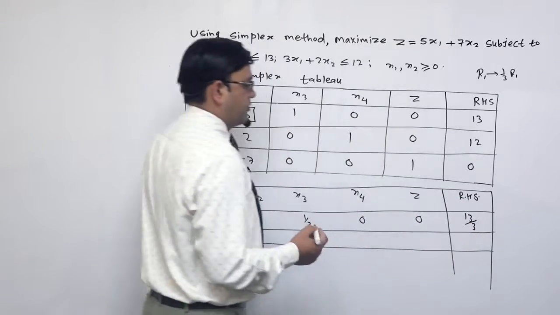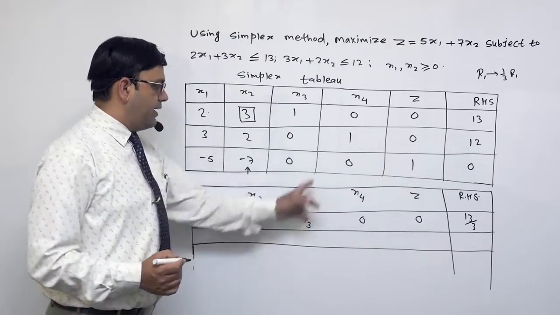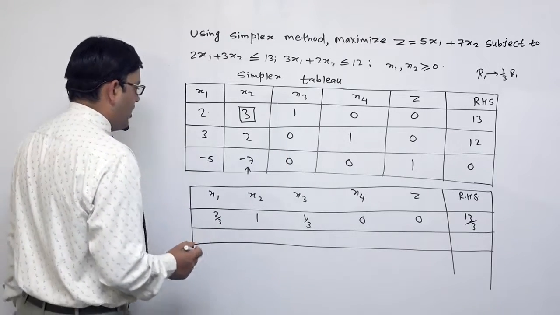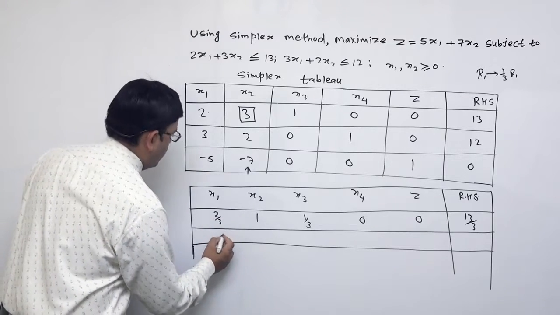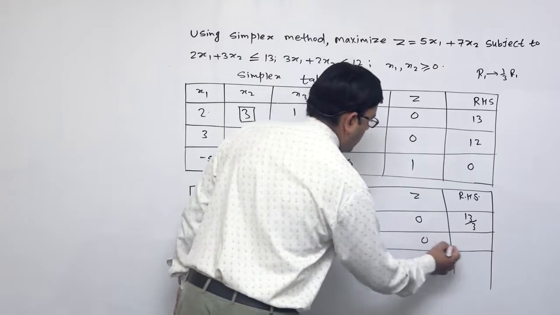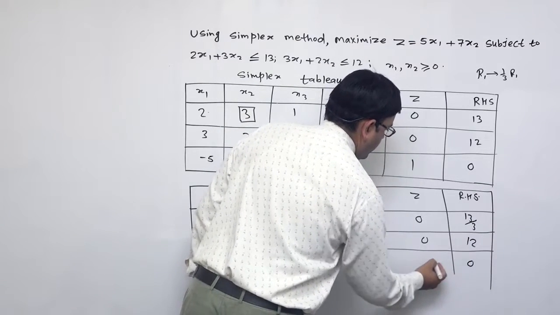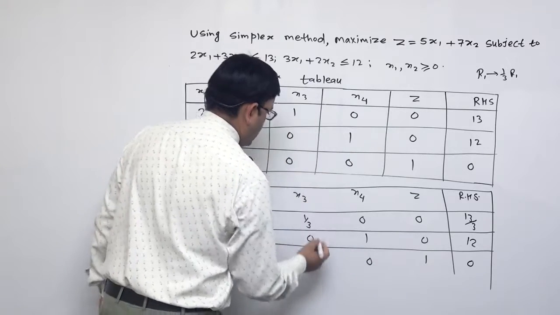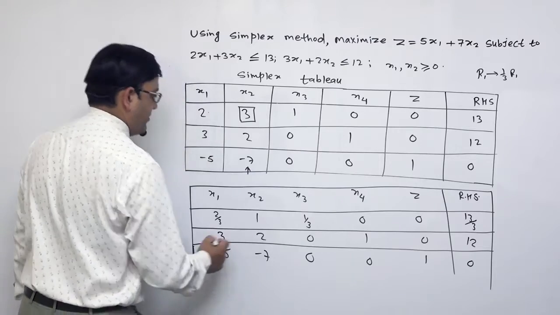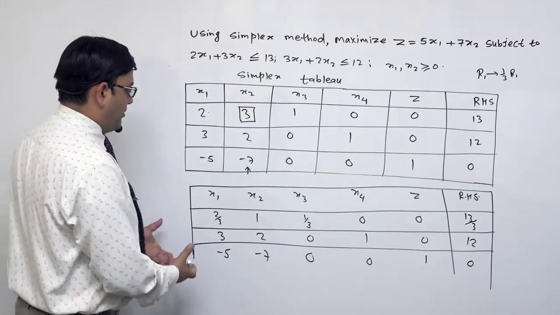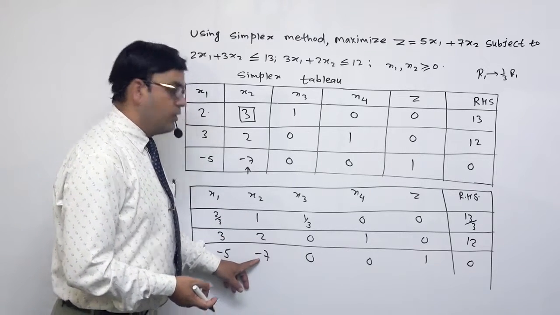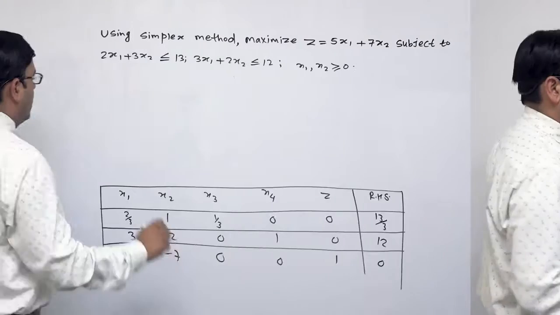यहाँ हेरौँ, हामी यसरी राख्छौँ यसलाई। यस्तै अरु हामीले जस्ताको तस्तै कपी गर्छौं। 3 2 0 1 0 12, and similarly we have 0 1 0, and then again 0. This is -7, and then this one is -5. Now again we have to apply, we have to make here 0 and then here also 0. So for this one, applying